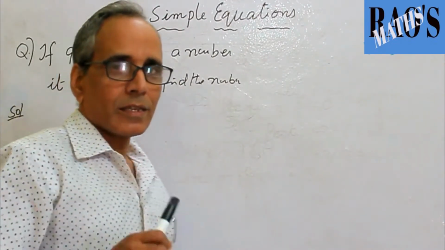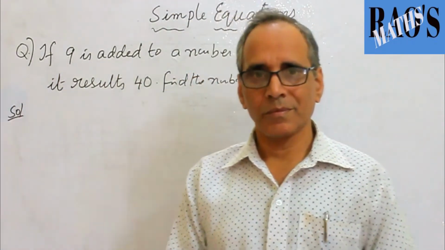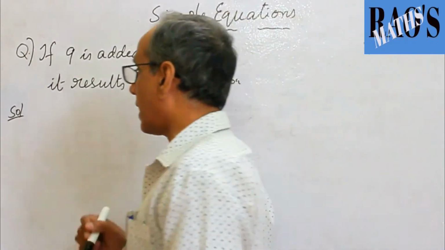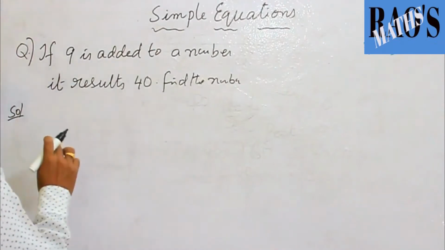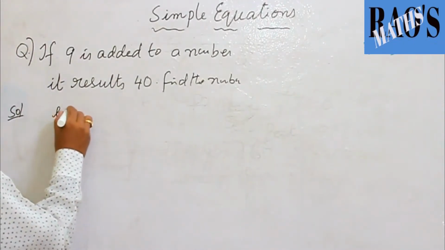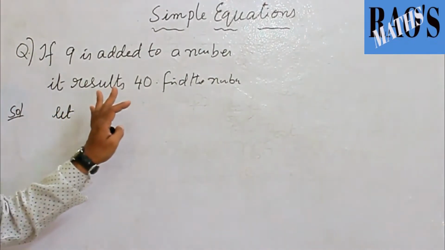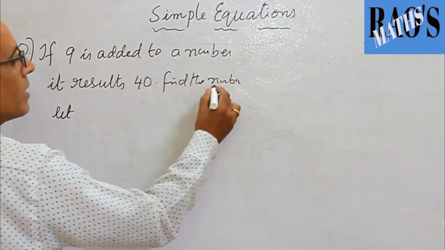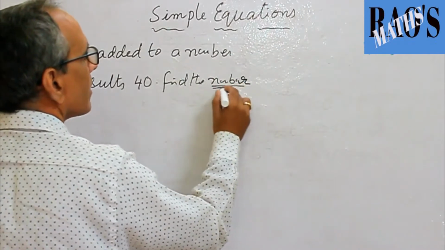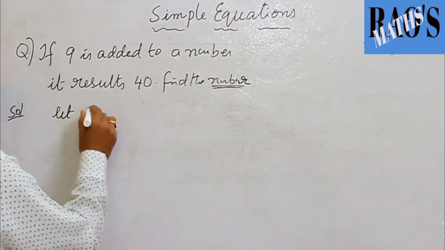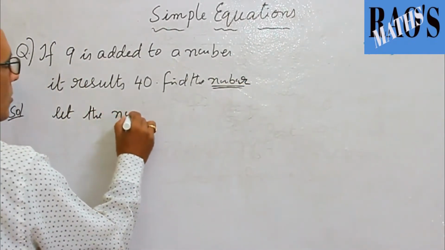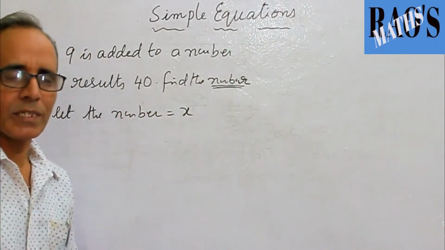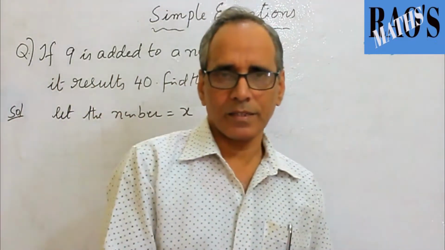You know how to write the equation for the condition. So here the number is unknown. So unknown numbers we define as x. The main important thing here is the let part should be the beginning of any verbal question. First you have to declare the variable. What is the variable in this question? The number. The number is the variable, unknown quantity. So let the number is equal to x. You may take any variable of your choice, but in general we take x.